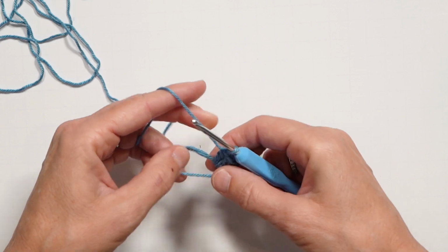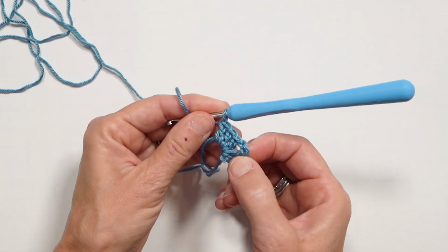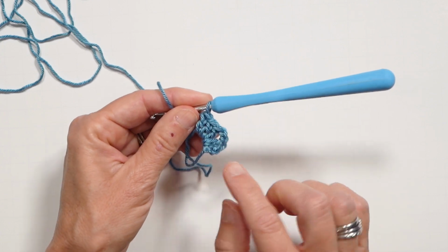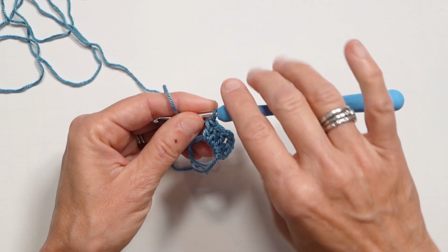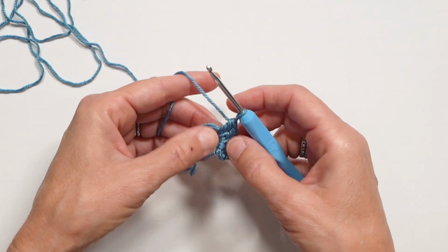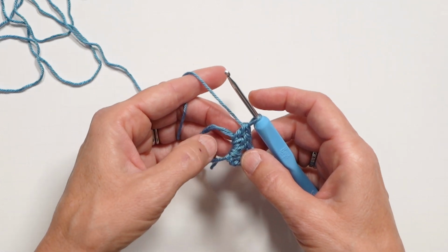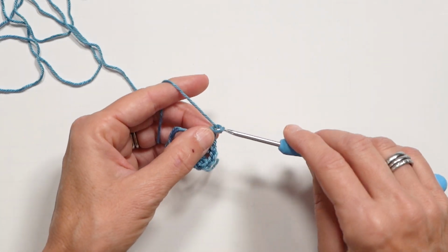All right, so far we have our chain, 1 double crochet. We got a nice little hole there because of the 2 chains, and then 3 double crochets. The 3 double crochets are making one of the sections, and this is part of a different section. You will see as we go along here. So we're going to chain 2,